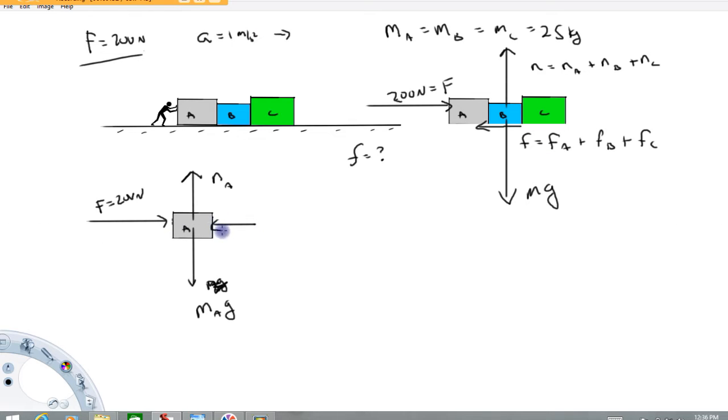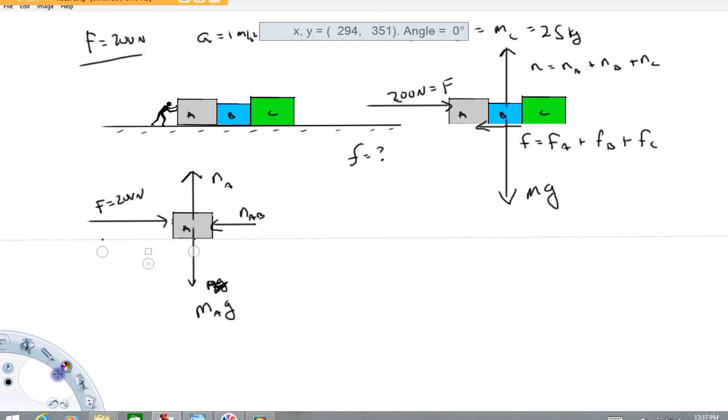I know that the normal here has to be less than this because this thing is accelerating to the right. And let's see, that's the normal between A and B, so why don't we call that normal AB. Another possible force vector, right? Remember, we put a frictional force on the whole thing. Some of that frictional force acts along this surface. So we have a frictional force